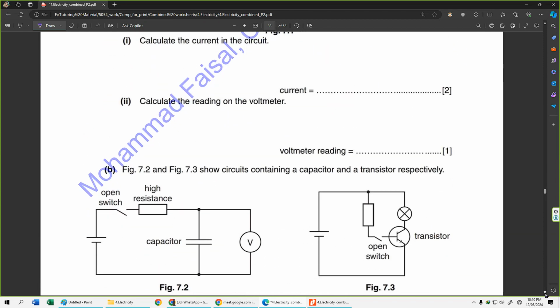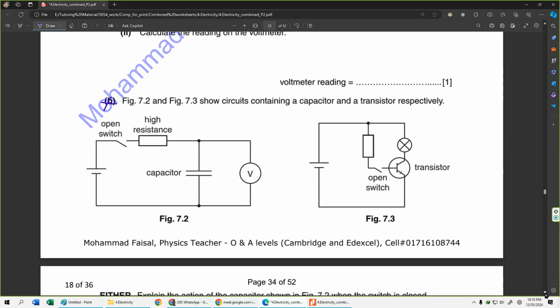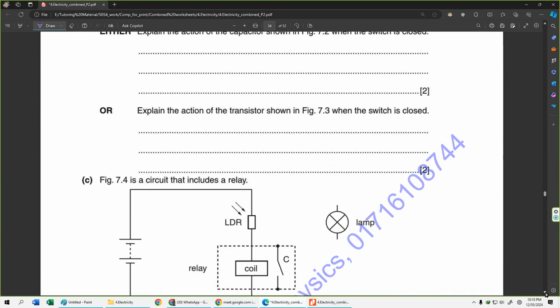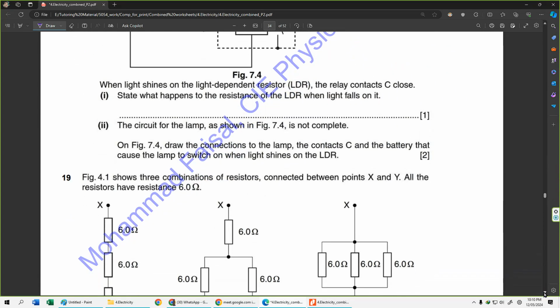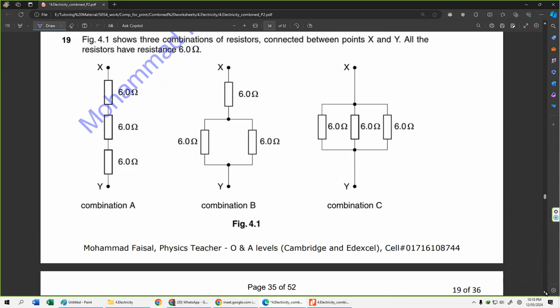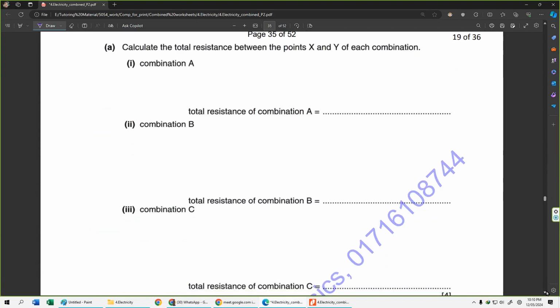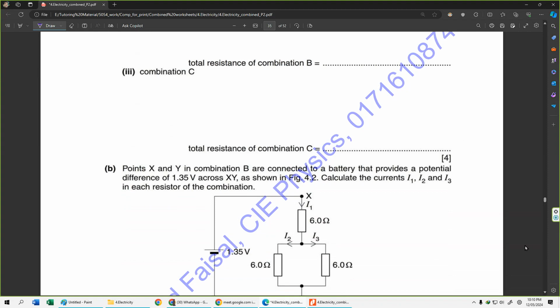নাম্বার 18টা আপনারা এইচডব্লিউ লিখেন, বি নাম্বারটা করা লাগবে না, আপনারা A1 A2টা করলেই হবে। বি নাম্বারে আমাদের ক্যাপাসিটর ট্রানজিস্টর আছে, এগুলো সিলেবাস থেকে বাদ দিয়ে দিয়েছে, সো ইউ ক্যান স্কিপ দিস পার্ট। আমরা সি নাম্বারটা আগে ক্লাস ওয়ার্ক হিসেবে করেছিলাম। লেটস মুভ অন টু নাম্বার 19টা করে আসেন সবাই। কম্বিনেশন এ টোটাল রেজিস্ট্যান্স বের করেন, বিটা বের করেন, সি এটা বের করেন, বি নাম্বারটাও ট্রাই করেন। বি নাম্বারটাতে একটু বোঝার জিনিস আছে, না পারলে আমি হেল্প করবো, বাট ইউ গিভ ইট এ ট্রাই ফার্স্ট।